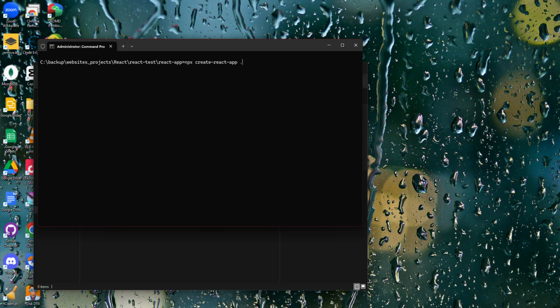This dot means you are installing the full package into the folder you are in. Maybe you want to create another folder, then you cancel the dot and put my-app. But I want to install it into this React app folder, so I'm using a dot. Then everything will start downloading. npm will start executing the command and downloading it into